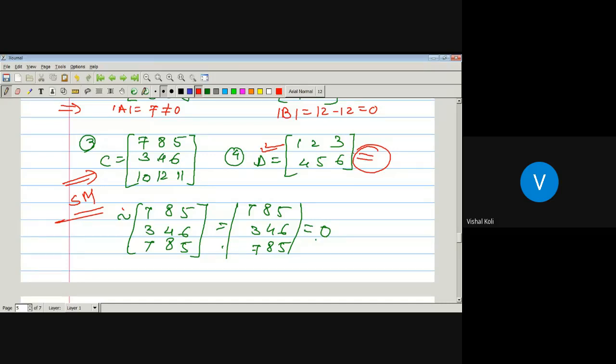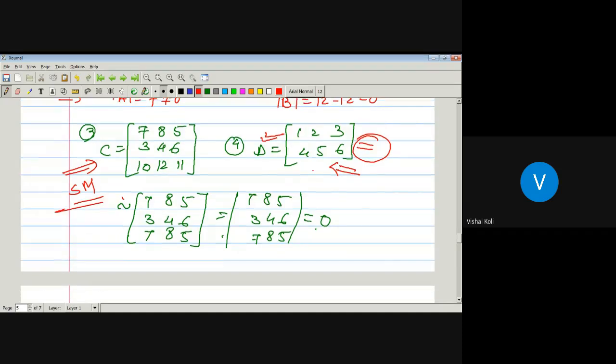So if it is a square matrix, then only we can find the determinant value, and from the determinant value we say that the corresponding matrix is singular or non-singular. Here we can't find a determinant value itself, then there is no need to check for singularity, singular matrix or non-singular matrix. Okay. Now,